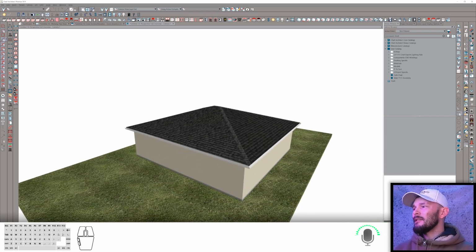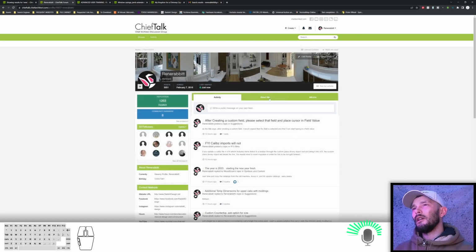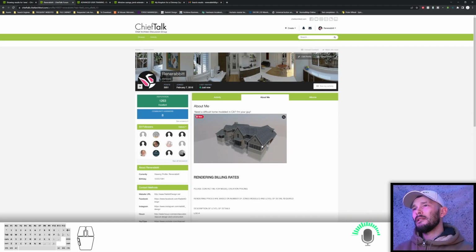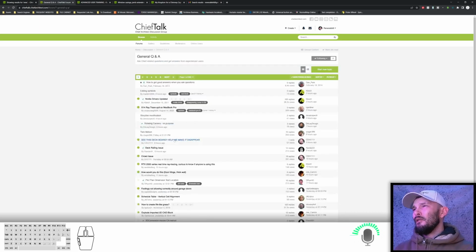I used this same method, actually, believe it or not. If we get into my signature, my profile on ChiefTalk, and we go into the About Me section, I use the same method to do this little animation here. So kind of clever. I get what the person's talking about. Delay design, go get a 3D mouse and never look back. Okay,